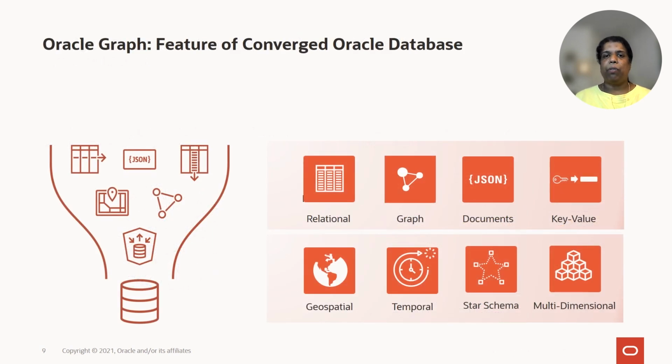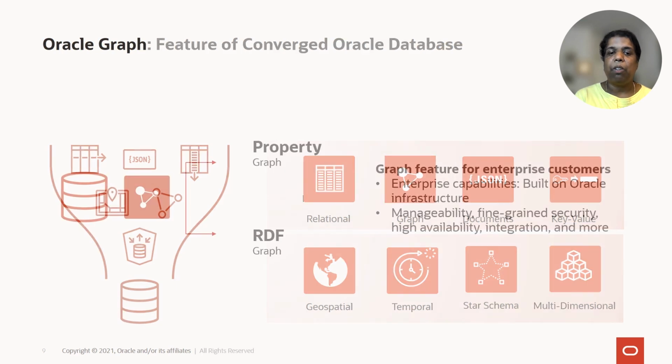And all of these powerful features are available as part of the Converged Oracle database. So you do not need a specialized database to work with graphs. You don't have to move your data to a specialized database to work with graphs. In the same database, when you do your relational work, when you work with JSON documents, when you work with geospatial data, temporal data, and so on, you can work with graphs. You can create a graph view. You can load this graph into an in-memory graph server and then work with it. So that's the real power of the Converged Oracle database, where all of these tools are available to you.